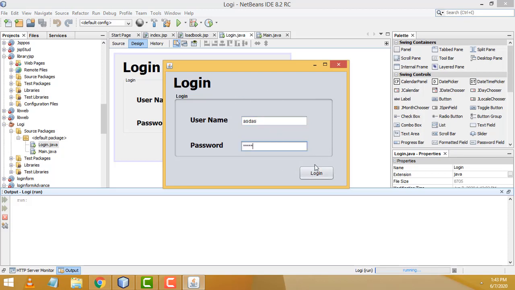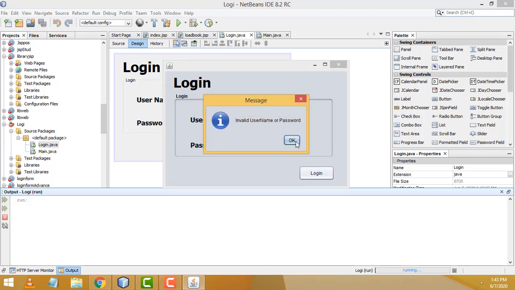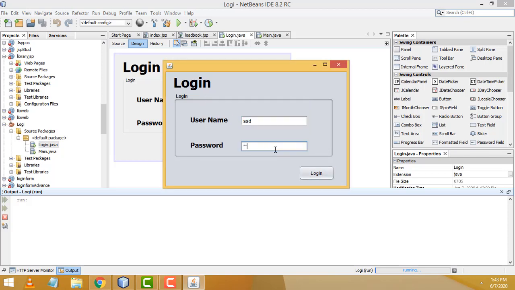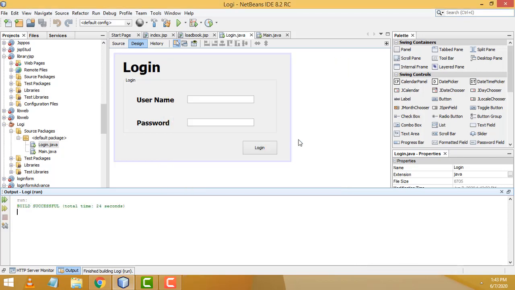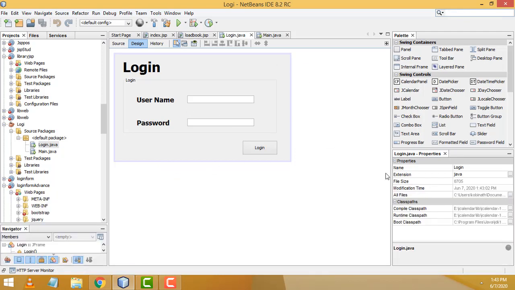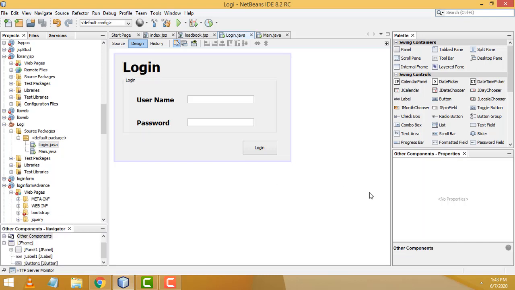So here, the first time if you click login, it says invalid username and password and asks you to enter again. Invalid the second time, and the third time too. If you attempt to log in the fourth time, you are an invalid user. If you click OK, your program should exit, right? How to do this simple program step by step? So it's very important stuff. If you are doing a big project, this is very essential for security purposes.